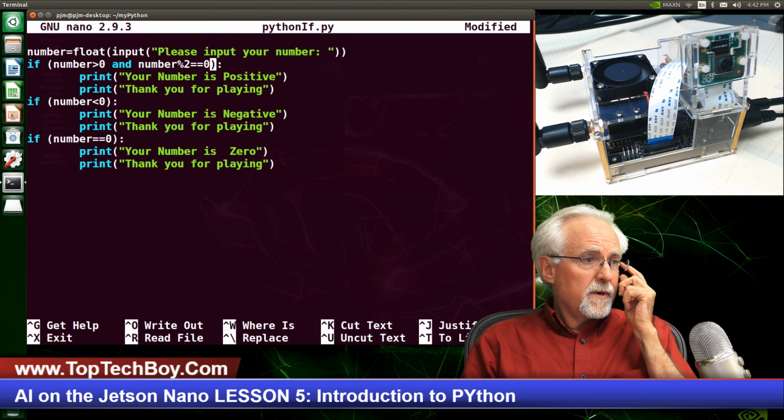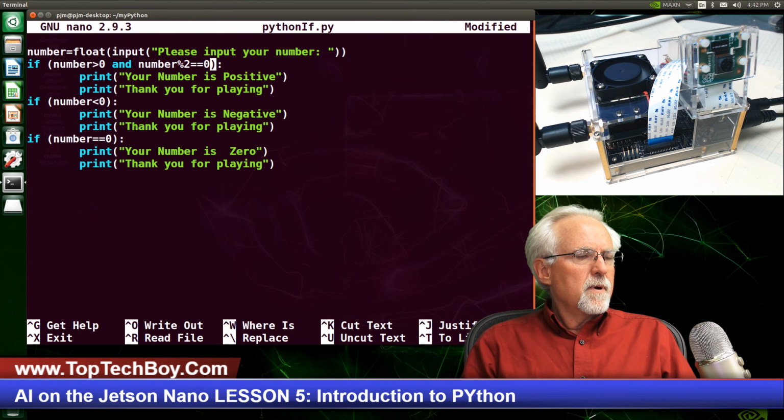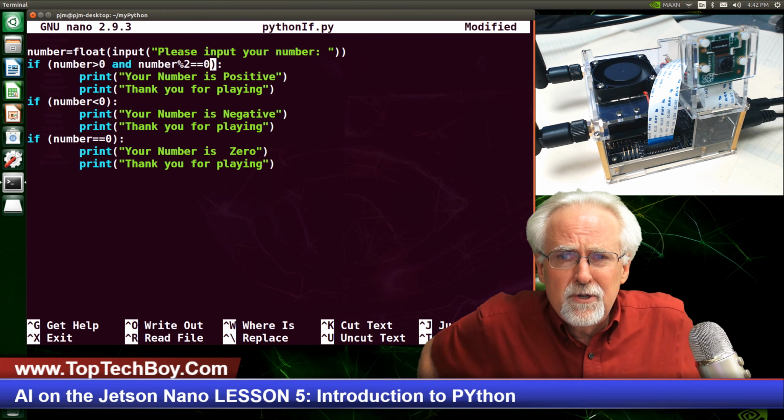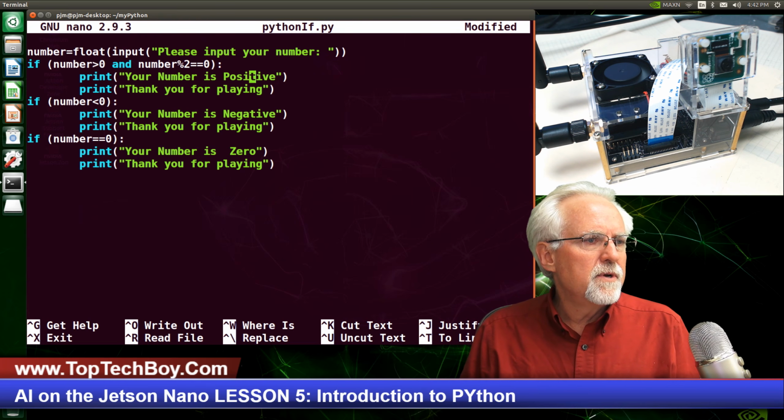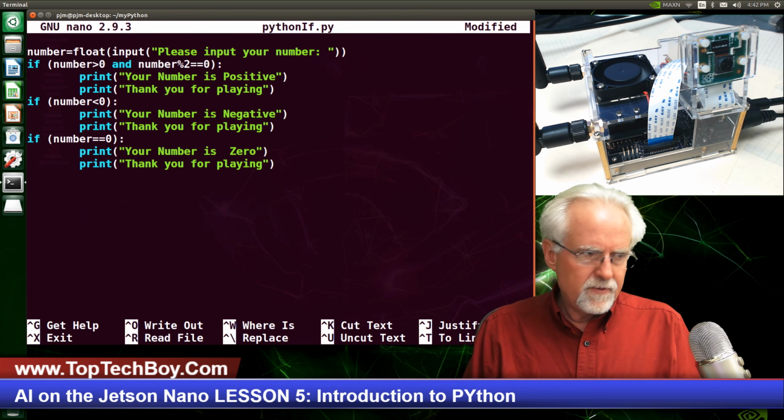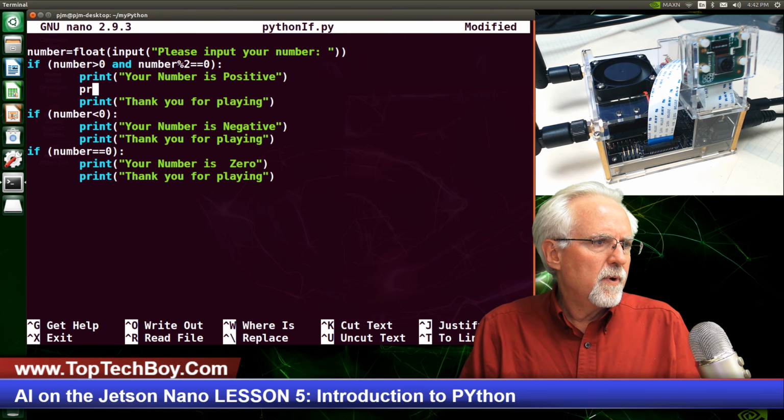So if number is greater than 0 and number mod 2 equals 0, well, if number mod 2 equals 0, that means when you divide it by 2, the remainder is 0. What would that mean? That would mean your number is even. So then we're going to say print